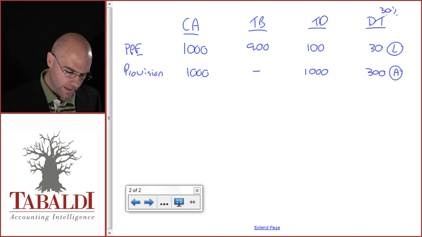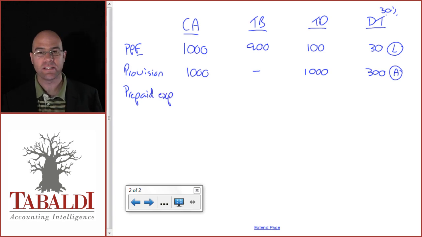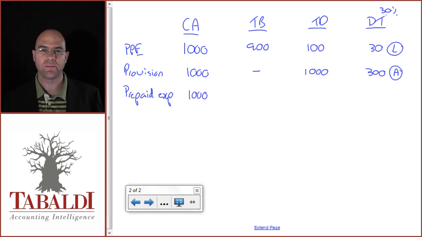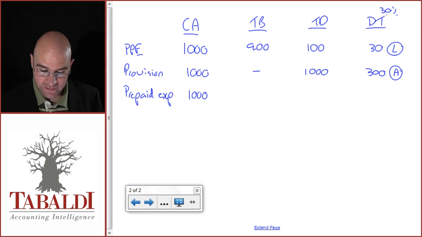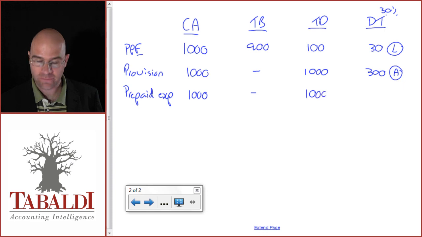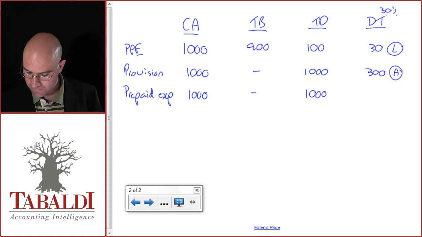Now let's just have one more in here. Let's work on a prepaid expense. A prepaid expense, obviously there, the accounting treatment is going to differ from the timing of the deduction for tax purposes. So again, let's have 1,000 prepaid expense. Now the tax base would be future tax deductions. That's going to equal 0 here because the tax authority has already given you the deduction when you made the payment. So the temporary difference of 1,000 would be a future taxable income, and that would give me a